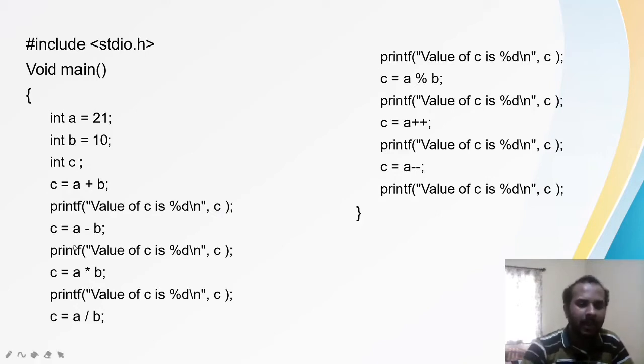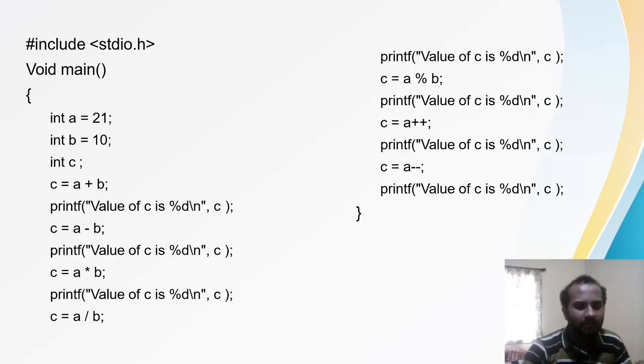Now A minus B. C is equal to A minus B. So value of C will get updated. So what will the value of C be? C will be now 11. So value of C is 11. Again in the same manner, C is equal to A into B. So A into B, that is 21 into 10, 210 it will be.